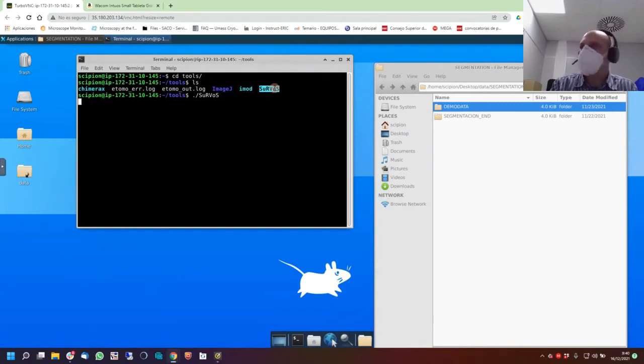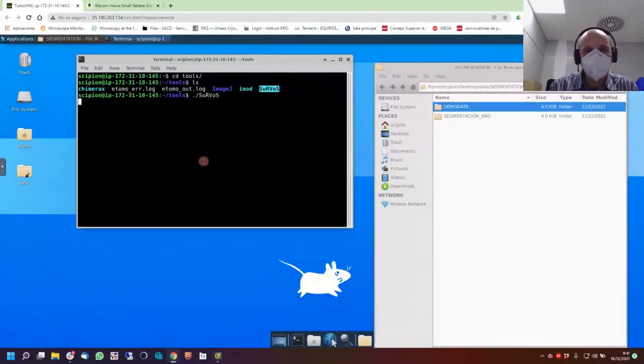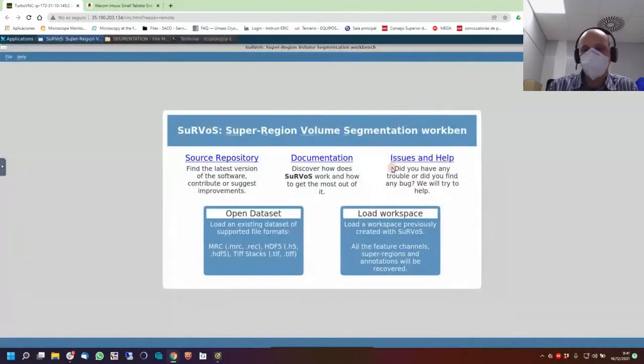SURVOS is a multi-platform software, so it could be installed in Linux, Windows, or Macintosh. That's a nice thing to have. As you can see, it takes a while. It's implemented in, yes, here we have. You probably have all this